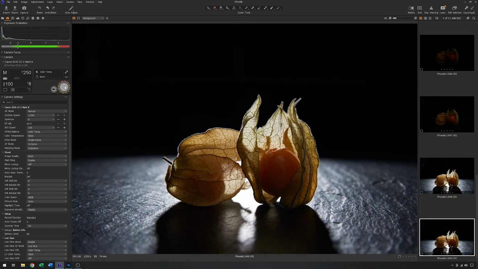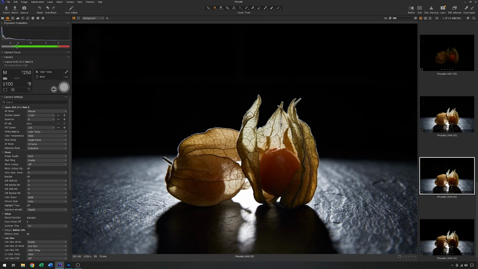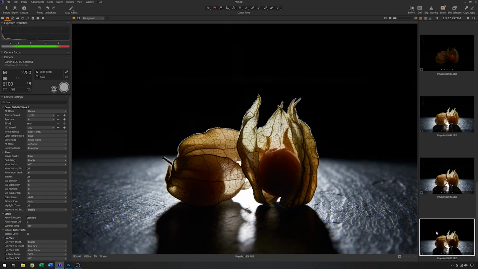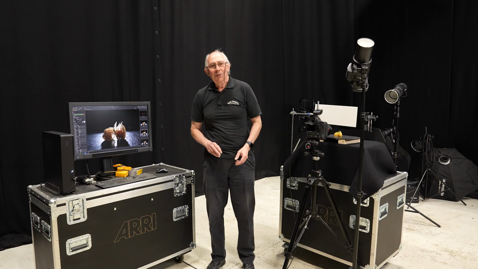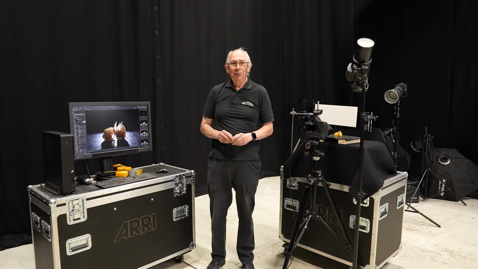Just grab that. There we are. So now we have a pair. We have this one and this one. So now I've got those two captured, what I can do is go into Photoshop and do the bare minimum